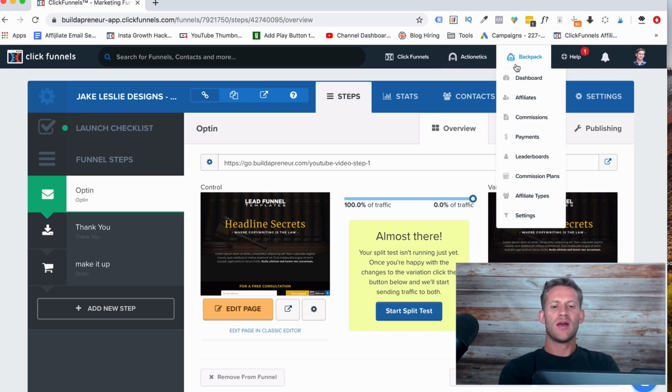So it's there. I think they built it for themselves to be able to have their own affiliate program, and then they kind of tweaked it to offer it to people that also want to have affiliate programs. But like I said, definitely not their forte. So I'm not going to talk too much about it. Just know you're paying about $100 for Actionetics and $100 for Backpack if you have the Etison suite,